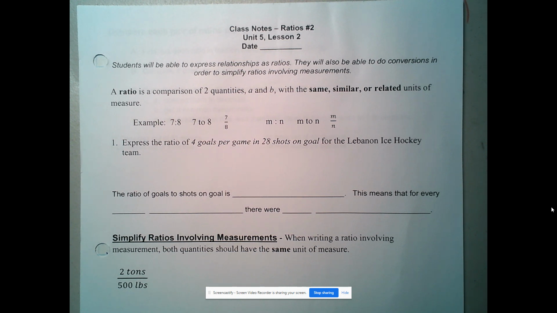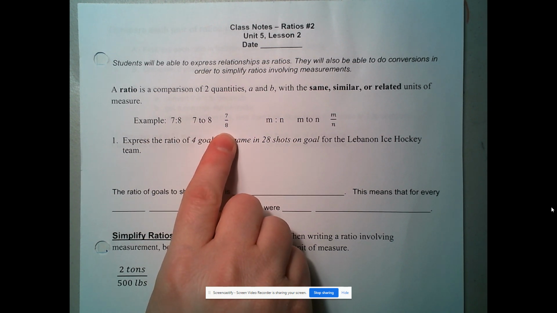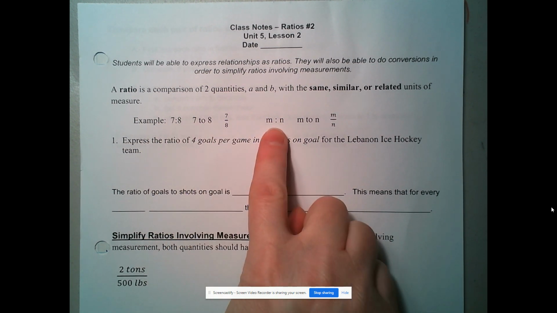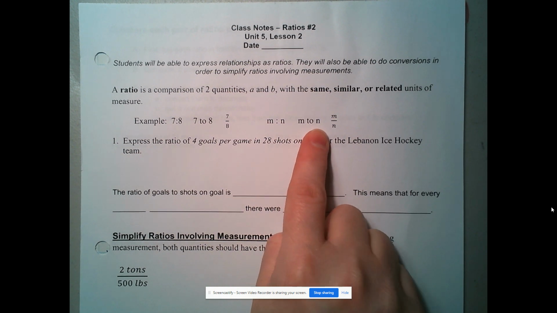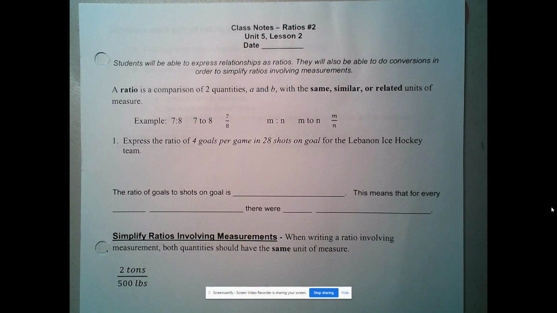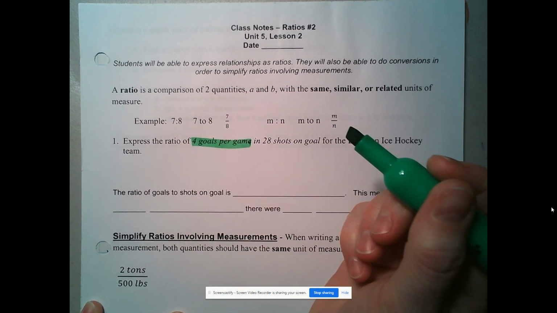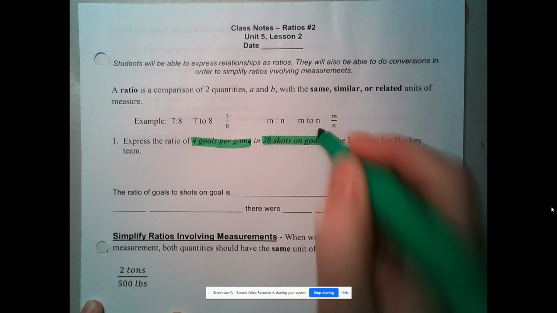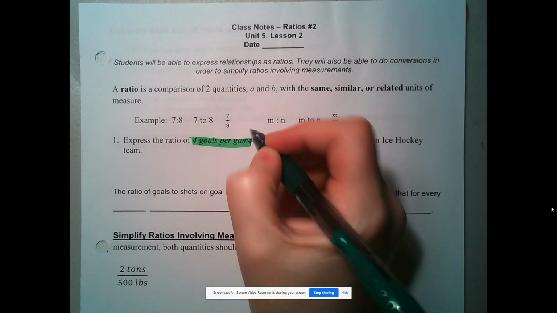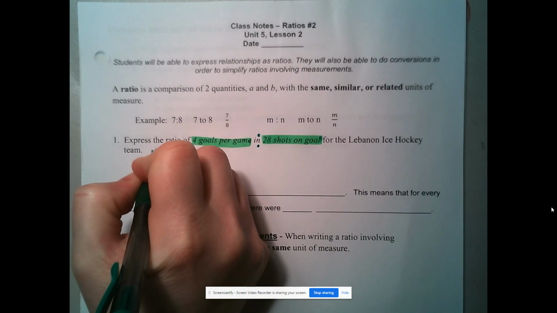So we have a 7:8 ratio, which we can write with a colon, we can write it with the word "to," or we can write it as a fraction. Algebraically, we would say m to n, or the fraction m over n. Express the ratio of 4 goals per game in 28 shots on goal. Because of the order that that's written in, we would say 4 goals per game in 28 shots on goal. So the word "in" kind of acts like our colon, and the thing that's written first would be 4